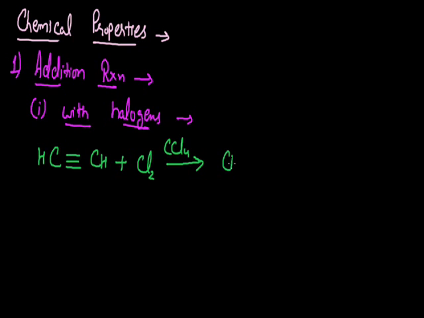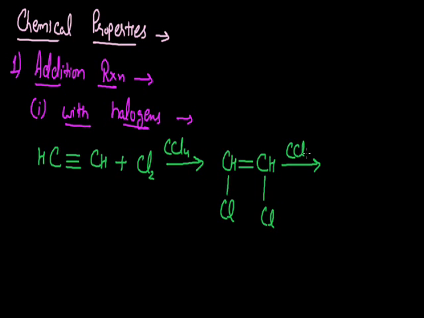So now this CH, where initially two pi bonds were there, will have only one pi bond and one sigma bond. The compound will be like this, and this breaking of the pi bond will result in the formation of two sigma bonds that can be indicated by this symbol. One sigma bond with this carbon atom and another sigma bond with this carbon atom. Now, since this formed compound, that is 1,2-dichloroethene, also has a pi bond in it, if we want, we can further go for the addition reaction with this compound.